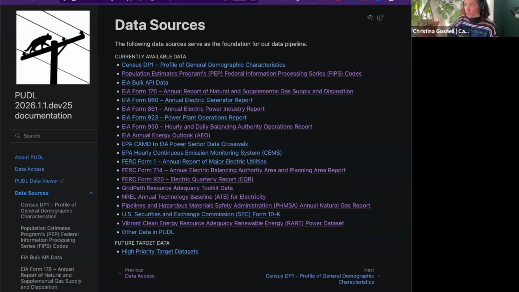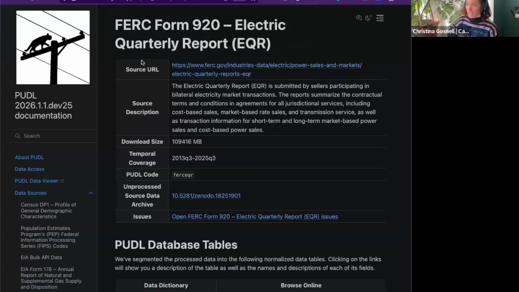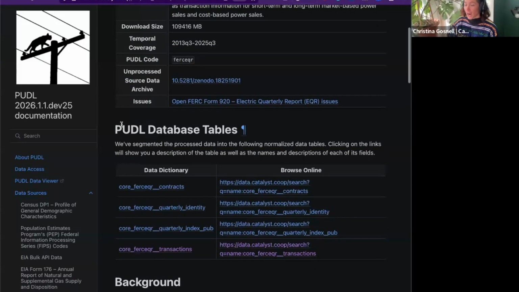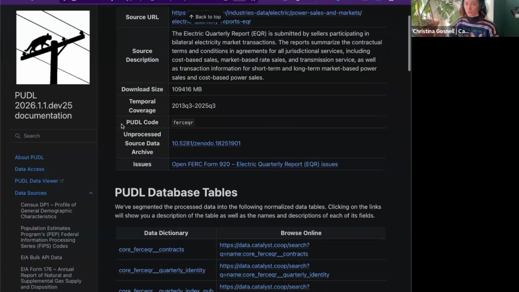is the Electric Quarterly Report. And this one I am less familiar with, but I'm pretty excited about it. It has bilateral transactions and market transactions. So a lot of PPAs are embedded in this. Any of the interchanges between balancing authorities are embedded in this data. It's a FERC data set, so they do have more IDs than FERC Form 1 in this data set, but it is not particularly well